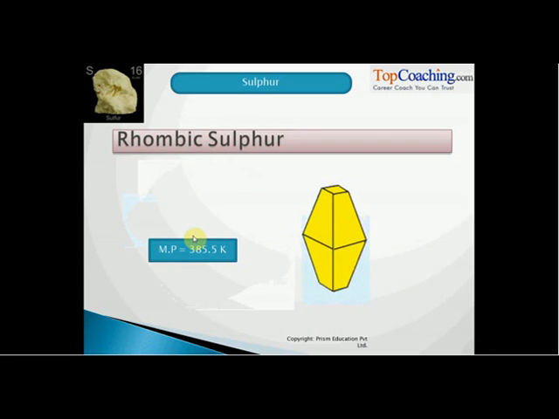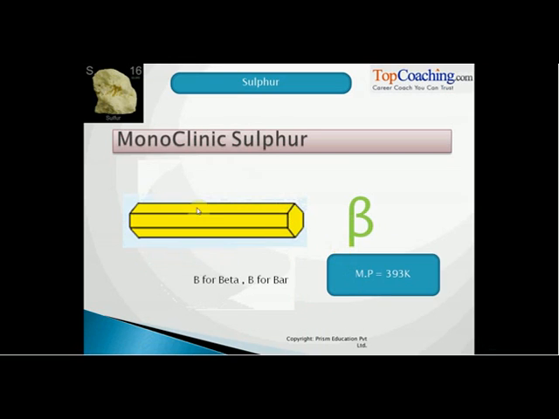rhombic, right? So, as the name suggests, rhombic sulfur is arranged in a rhombic fashion, and this is how it looks. However, monoclinic sulfur looks like this. Monoclinic sulfur is also known as beta sulfur, whereas rhombic sulfur is also known as alpha sulfur. So if you look at the shape of monoclinic sulfur, this is just for the sake of remembering. It looks like a bar, right?